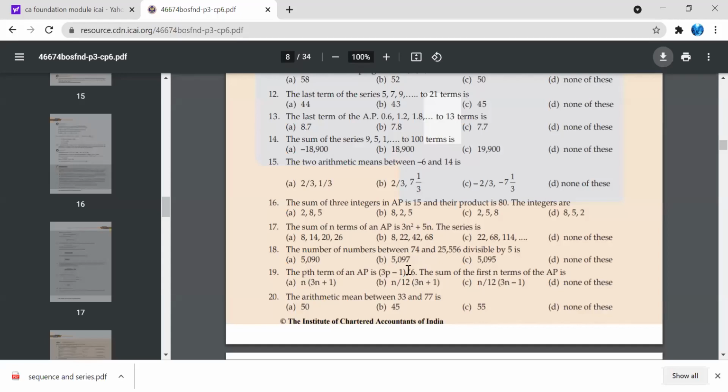5097. थोड़ा राउंड अप करना पड़ता है शॉर्टकट मेथड में, लेकिन जल्दी से आंसर आ जाता है।